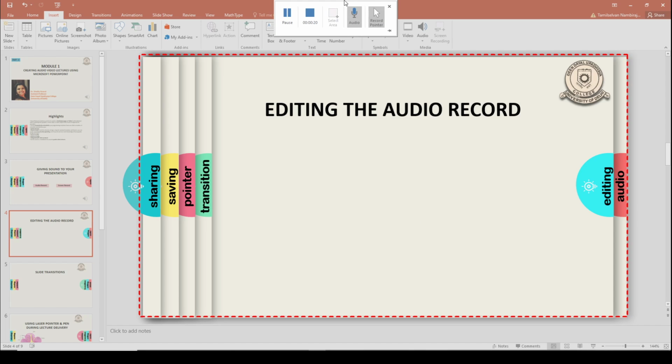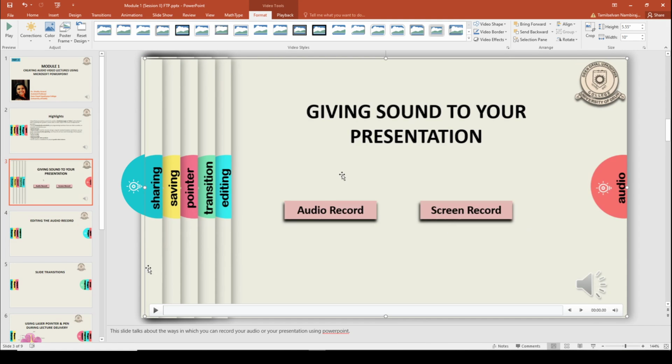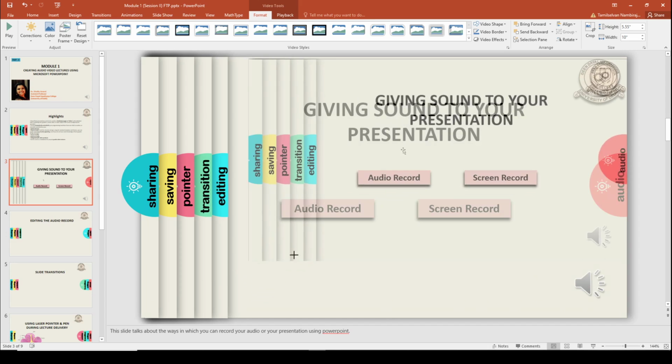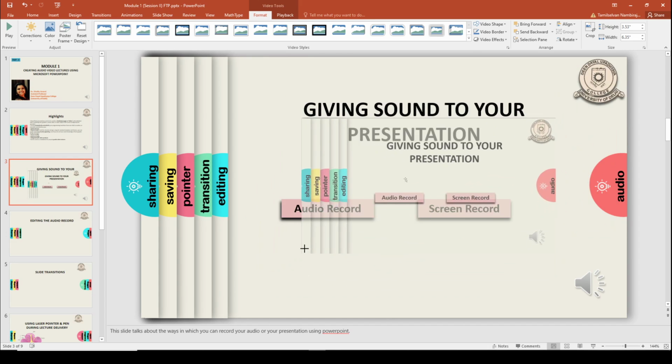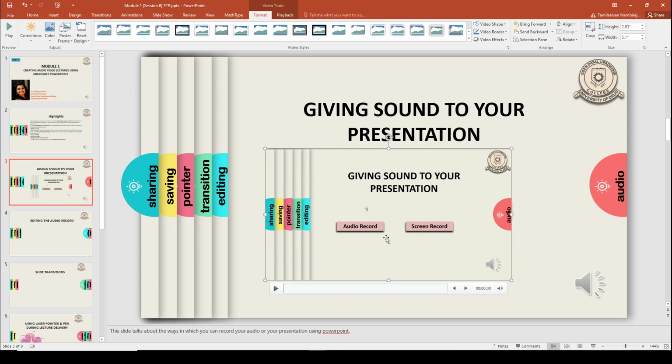Now suppose I want to end the screen recording or I want to pause it. For pausing, you can click on this parallel line, and if I want to restart, I can again click on this, and if I want to end my recording, I can click on this square button. As soon as you click on the square button, the recording has stopped, and here you see a recording, right? So this is what you have recorded.